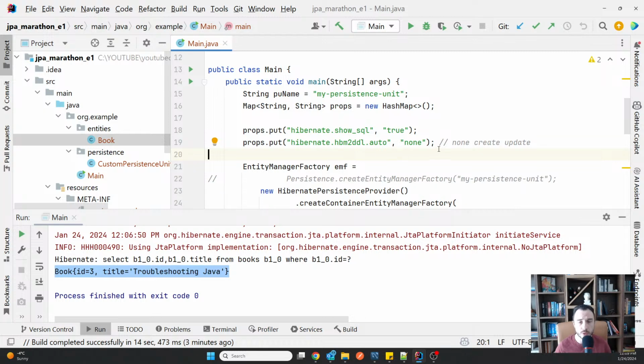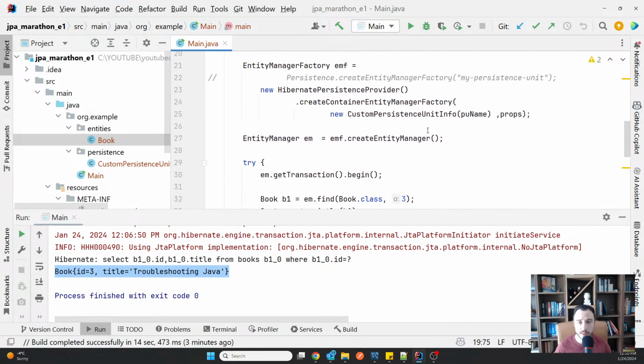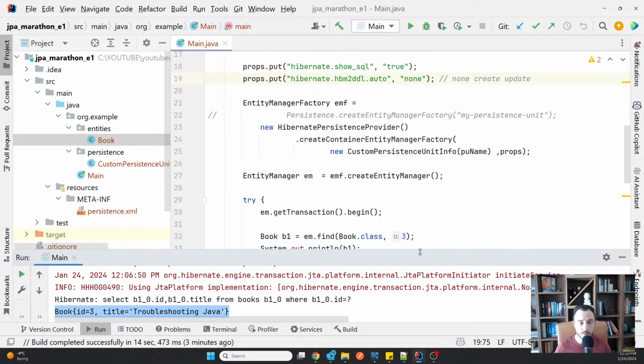Normally you would use something like Flyway or Liquibase for that, but never use Hibernate to automatically create stuff for you in production. So this property is something you only want to have in tutorials and theoretical demonstrations. I'm going to prove how it works later, but that's what I wanted to say from the beginning.